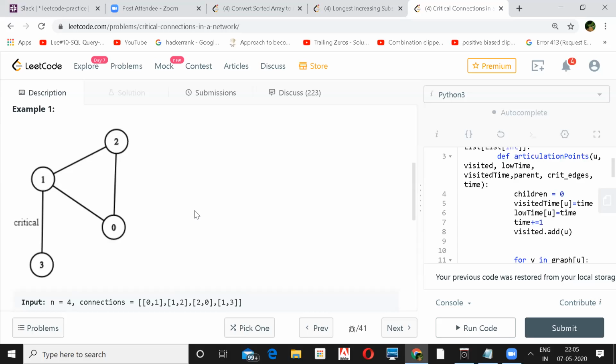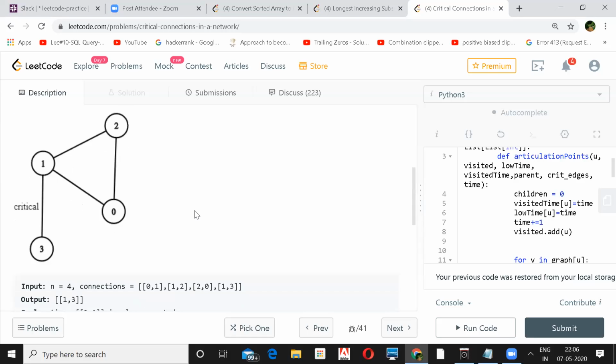I'm thinking in terms of number of islands. Right now it's only one island, because it's all connected. But if we remove node 1, we will have 3 islands. But they are asking to remove the edge, right?